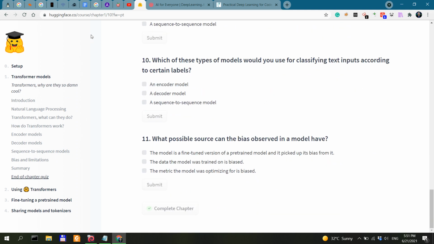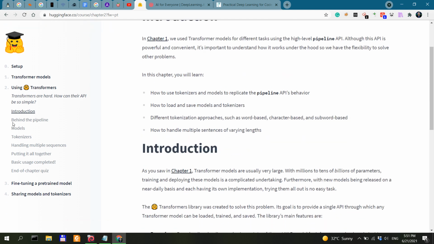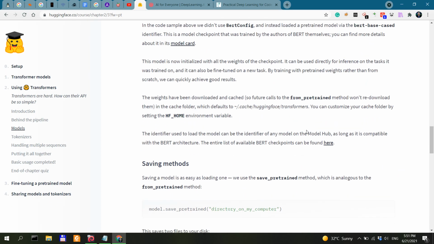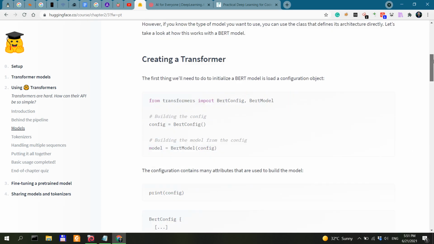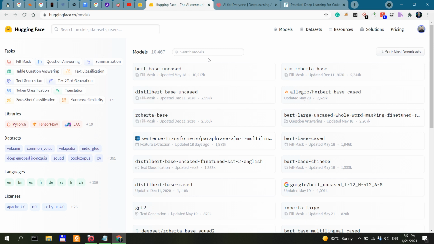So this was actually the first chapter. Then in the second chapter you will be learning how to use transformers via the pipeline. You'll see the models, which of course you can access over here. Let's see how many models are there currently. 10,400.